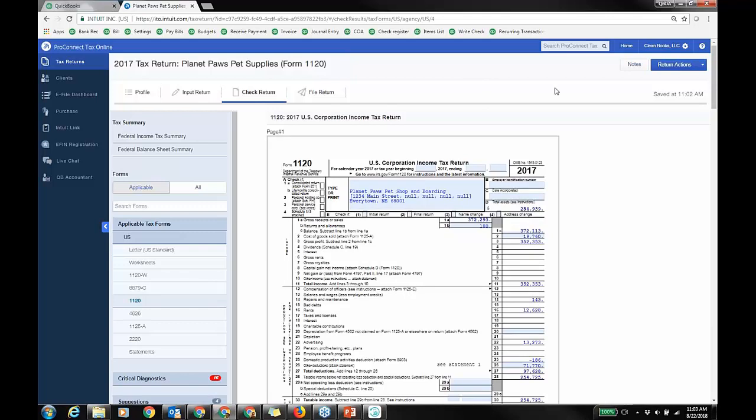But, ProConnect Tax Online has its own portal system called Intuit Link, really effective in getting documents from your clients. It will feed right into the return. We have a lot of tax professional clients. I think we're 120,000 plus, right? Firms use Intuit tax products. I'm not talking about TurboTax, right? That's more millions, but I'm talking about just like the professional tax accounting firms, right? ProSeries, Lacerte, ProConnect Tax Online. So a lot of people move from ProSeries to PTO, or they try out from Lacerte to PTO, getting adoption from both of the desktop